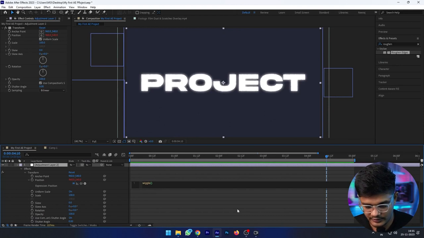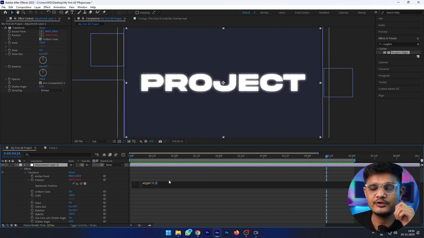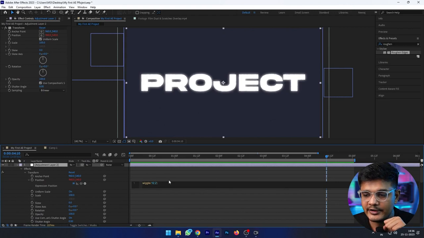So if I write 12, 2, what does this 12, 2 mean? 12 means how many times in a second this effect will take place, and 2 means how much the transformation will happen.